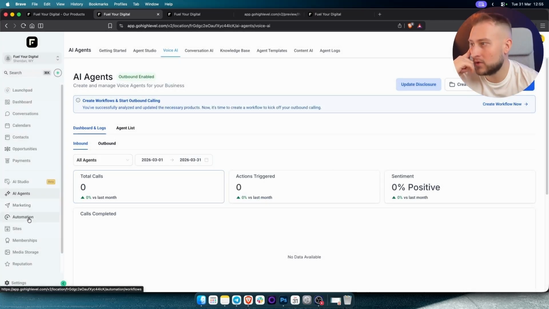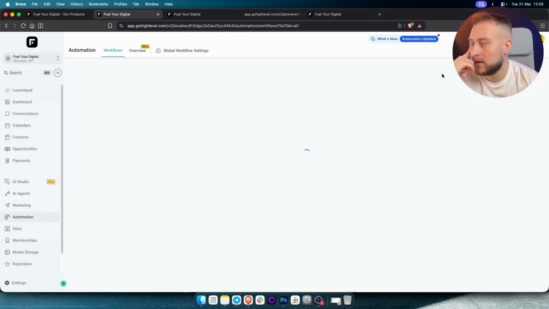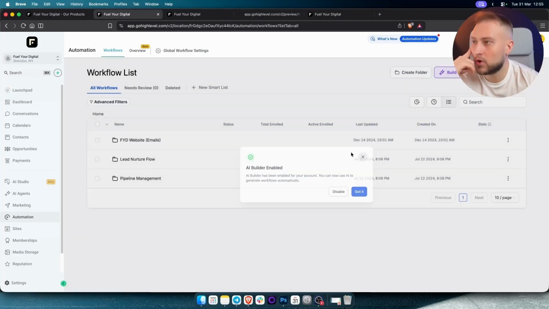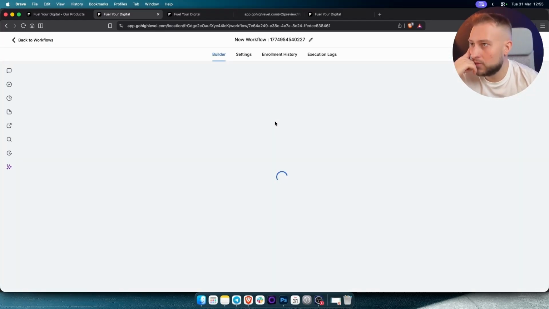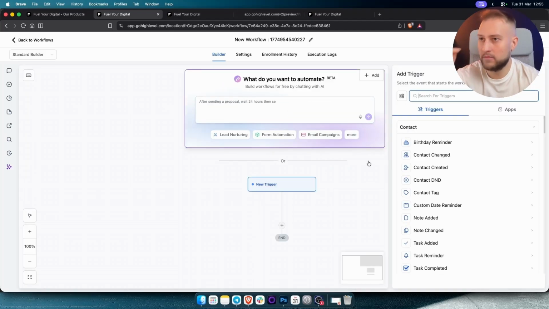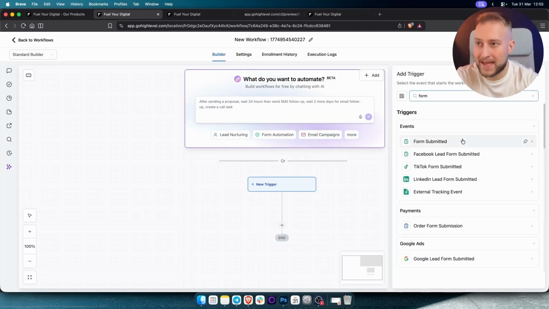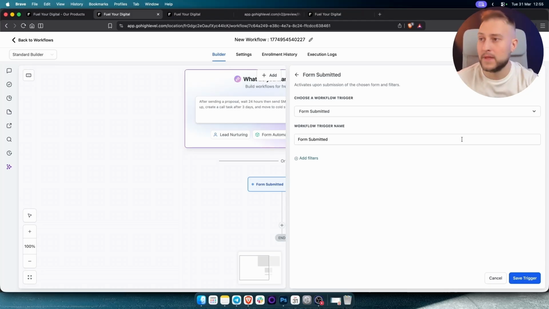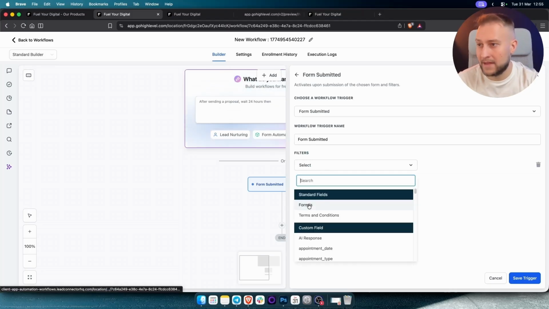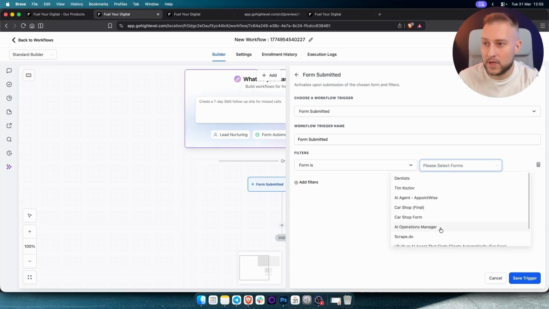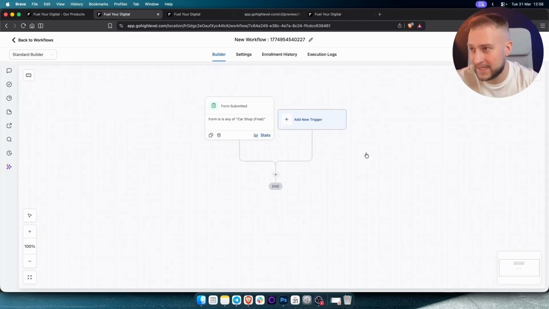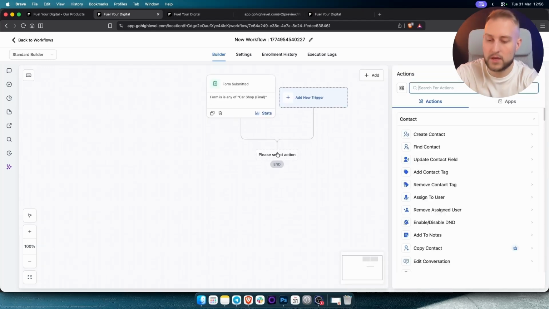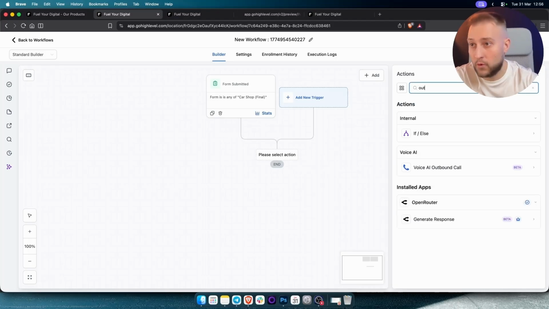So in this case, what we want to do is go to automation, create a workflow, start from scratch. We're going to add a form. So form submitted, and the form, again, is the form from the pop-up, okay? You want to add a filter, form is, and then select the form. For us, it's going to be car shop final, which is a form we did for one car shop. We hit save. And then here, we want to go with voice AI outbound